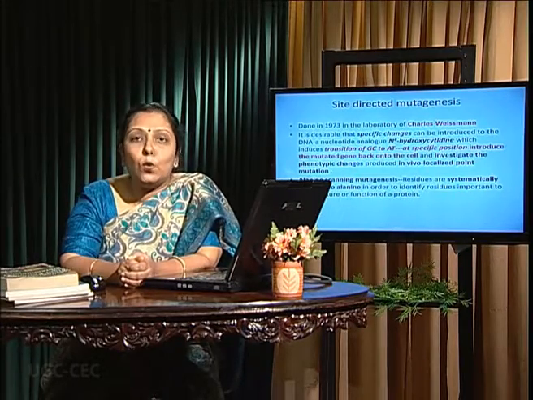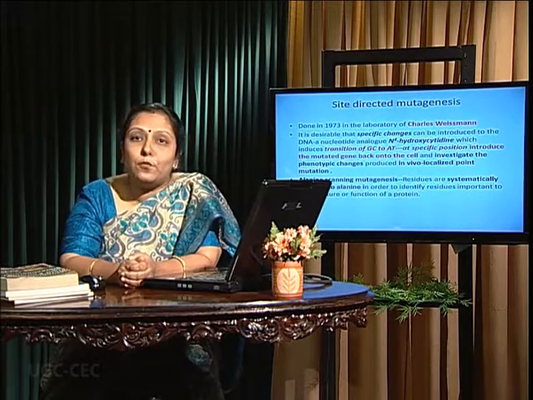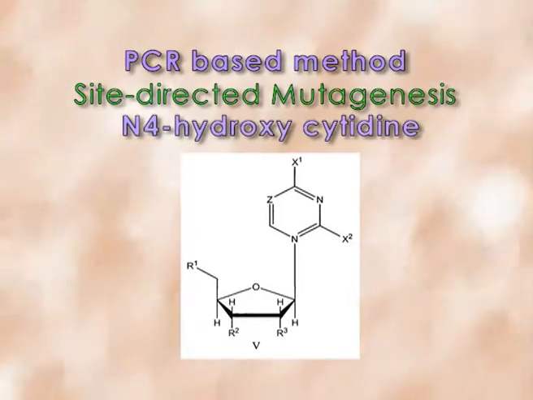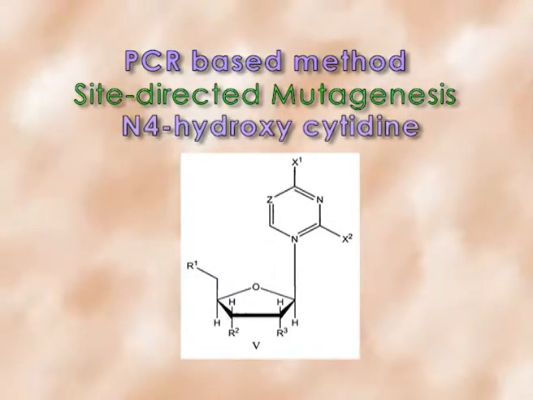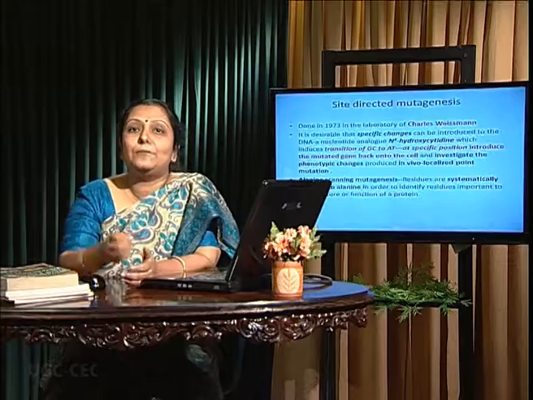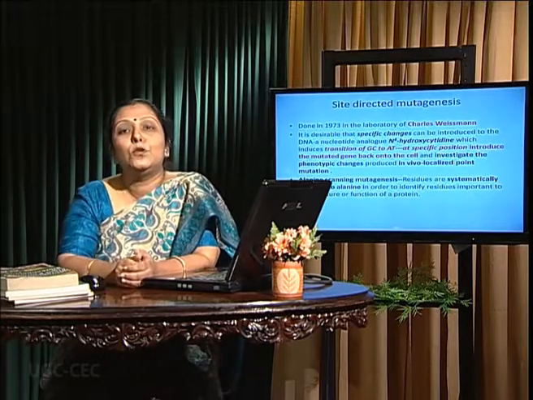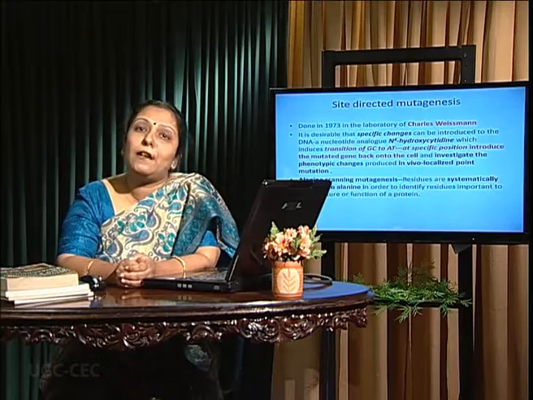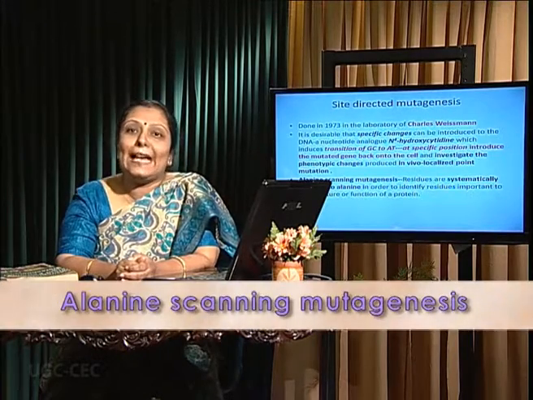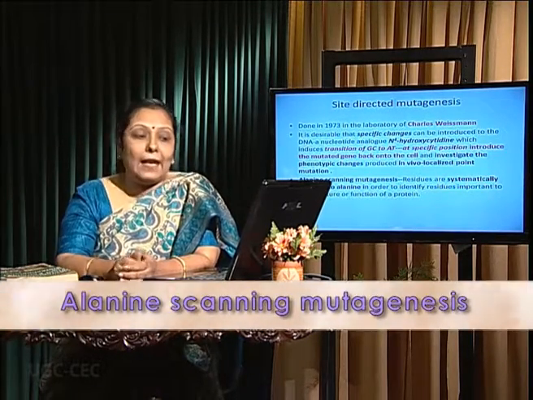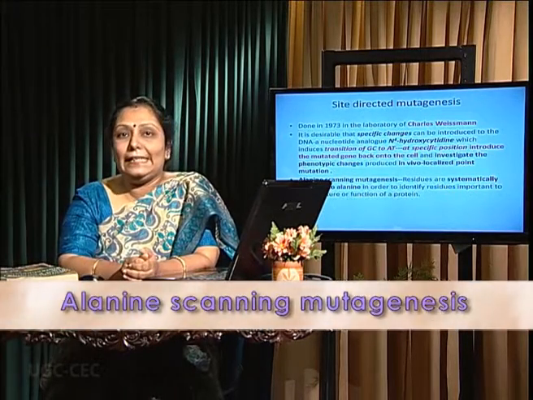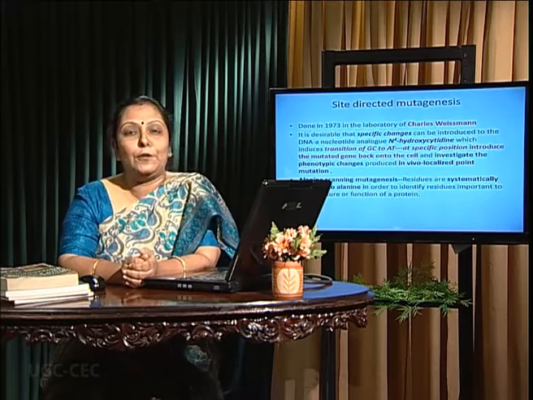So in a cloned piece of DNA, suppose by the application of N4-hydroxycytidine, a CG to TA point mutation is introduced. Then it is put back in the original system to cause the mutation and to select and observe a particular phenotype. Alanine scanning mutagenesis, where systematically all the residues are transformed to alanine to see what sort of phenotypic changes